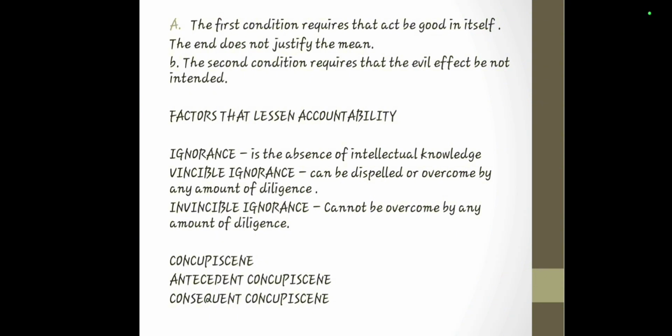Okay. For example, if in a line of cars, say A, B, and C were bumped by another car D, and as a consequence, each car bumped the car next to it. And as further result, the last car C hits a pedestrian, killing him. Then the cause of the death of the pedestrian is the driver of car D. What do you think is the root or the cause of all cause? So as I've said a while ago, in a series of cause, the first cause is the true cause.